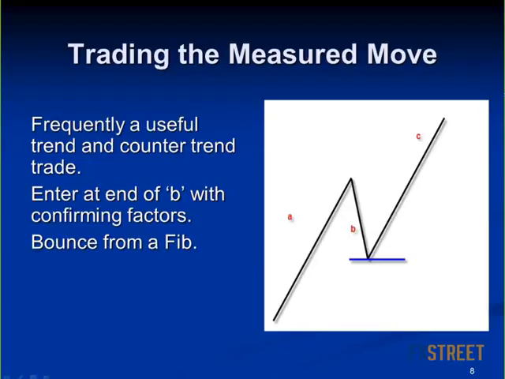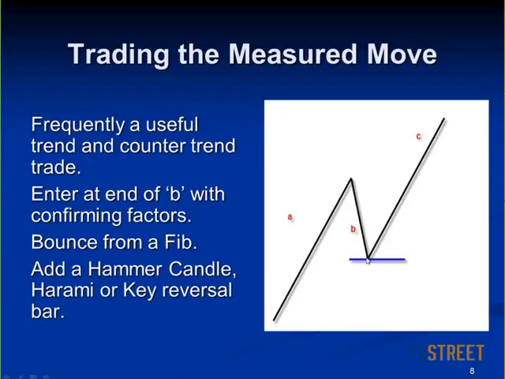So we just might be fortunate enough to have a nice little bounce from the B level. Conveniently, we might even add a little bit more to it, and that little bit more could well be a confirming candle. We might get a hammer candle, a key reversal bar, or maybe a harmonic. We might also identify some volume coming in at those levels, or indeed just drying up completely, giving us an idea that price action is ready to reverse.